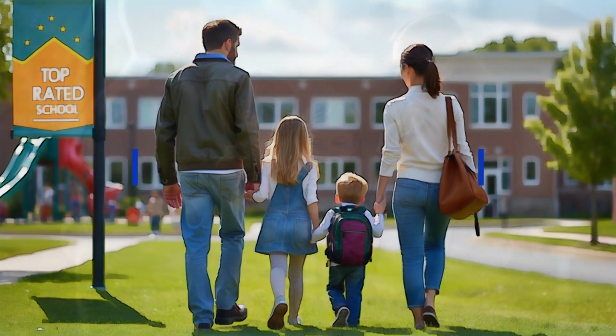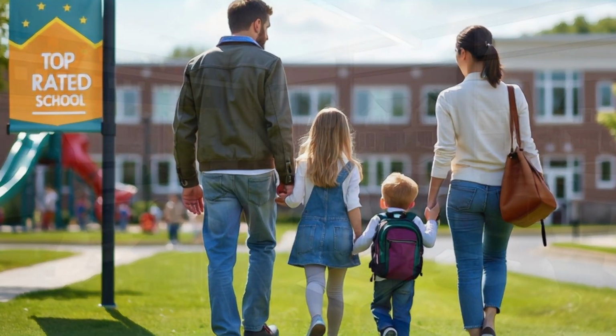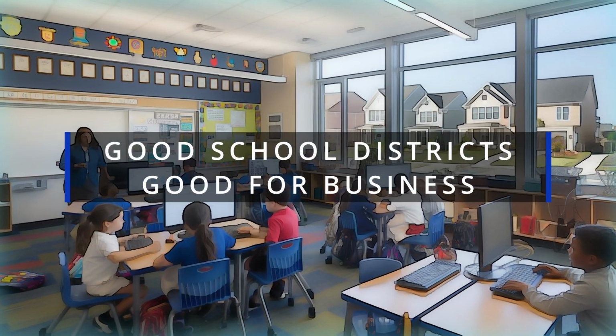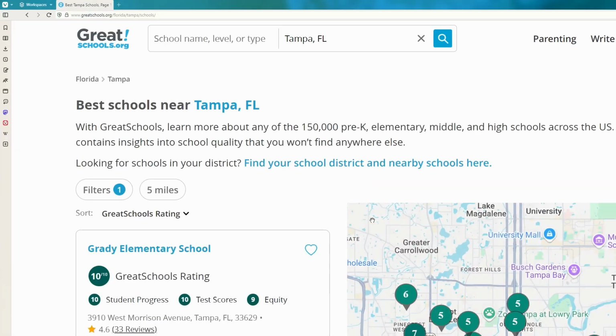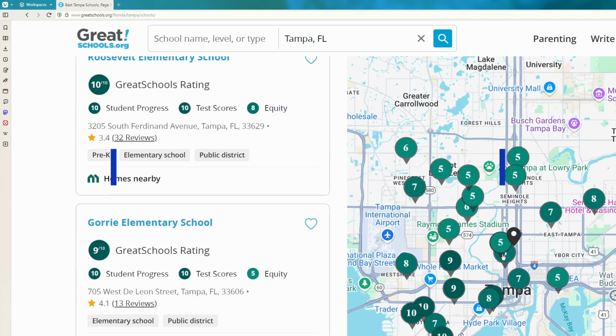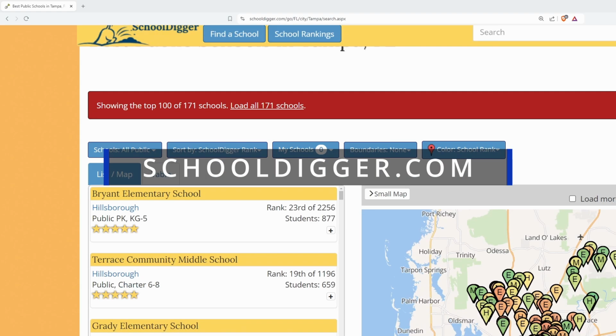School quality. Good schools are a significant factor for families when choosing where to live, making school quality an important consideration in market analysis. Properties in areas with highly rated schools often command higher rents and have lower vacancy rates. To analyze school quality, use greatschools.org and schooldigger.com. Both websites provide comprehensive school ratings, reviews, and performance data, allowing you to assess the quality of educational institutions in